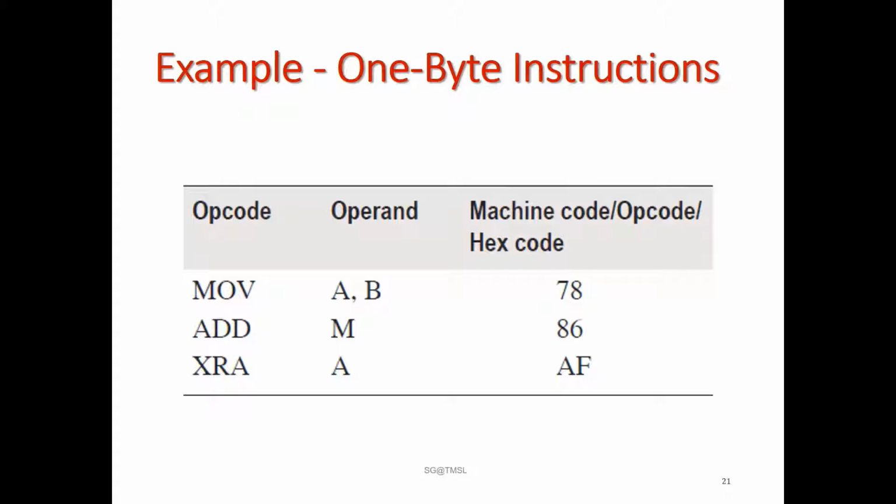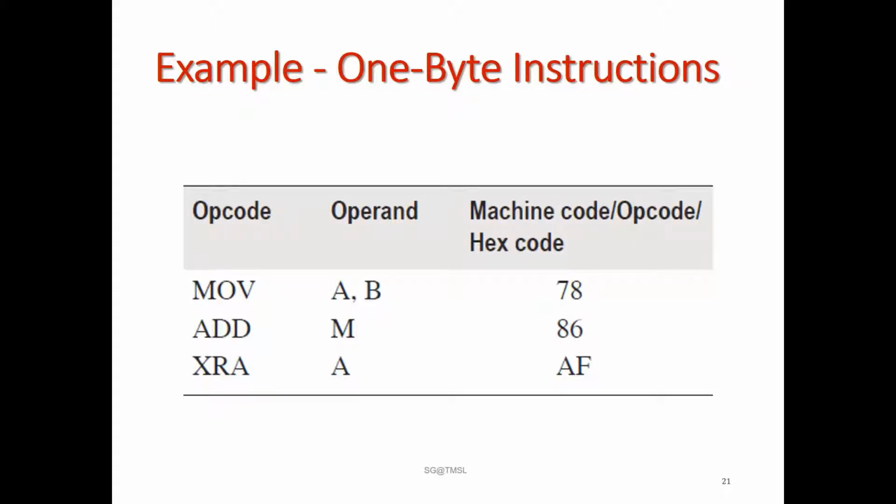And how can you calculate it? You need to write the program using assembly language instructions like MOV, ADD. These are identified by the user, that means yourself, but they are not recognized by the processor. So the assembly language needs to be converted into machine code, and that machine code can be calculated using that hex code chart.